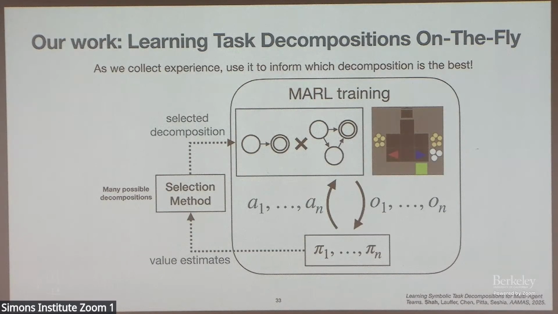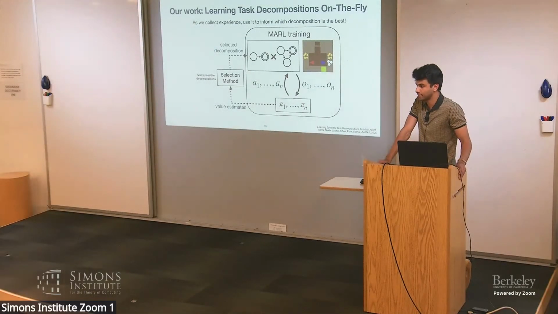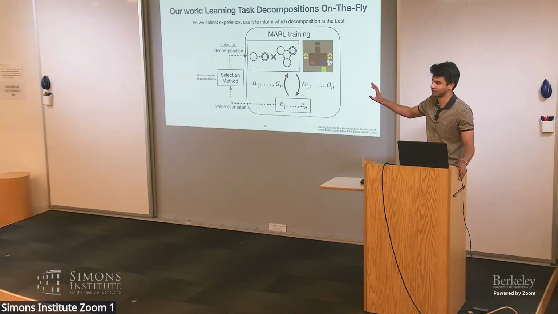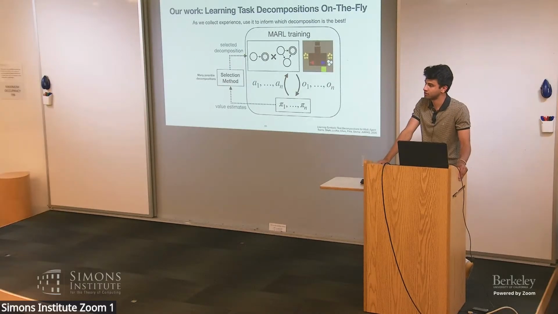Yes. Just a quick clarifying question. Am I to think of this loop as you restart the MDP every single time, where you're going to completely throw away the policy, or do you have a way to condition on the policy based off of the new decomposition from an existing policy? So the policy is conditioned on what decomposition it's currently seeing. So you're not throwing away the policy at the beginning of any new episode. So how do you tell it about the new updated decomposition? How do we encode that? We just use one-hot encodings: you have some number of possible decompositions.